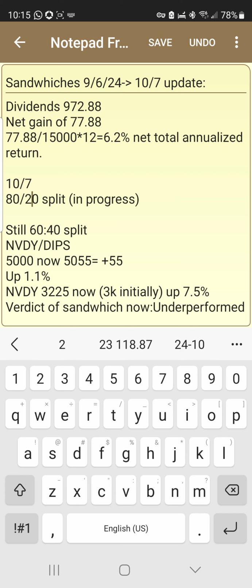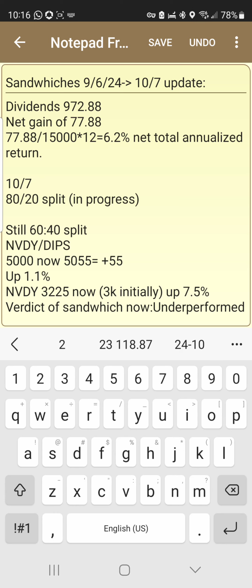By increasing these sandwiches. My allocation in the sandwiches is $15,000 total money put in. It's 3 sandwiches, so $5,000 initially per sandwich. Of the $5,000, $3,000 was on the normal side and $2,000 on the inverse side. All I'm going to do is double my sandwiches from $15,000 to $30,000 total, by adding $5,000 on the bullish side. That will be $10,000 per sandwich: $8,000 on the bullish side, $2,000 on the bearish side.